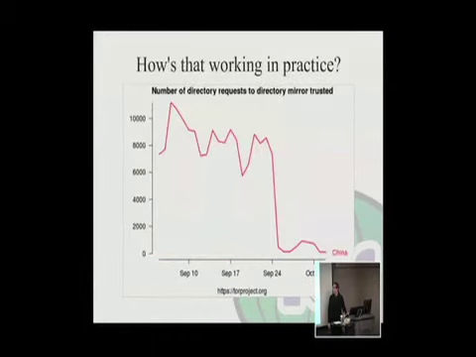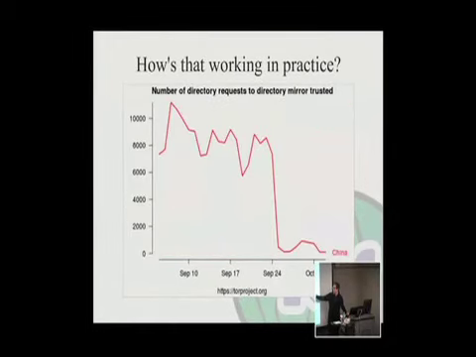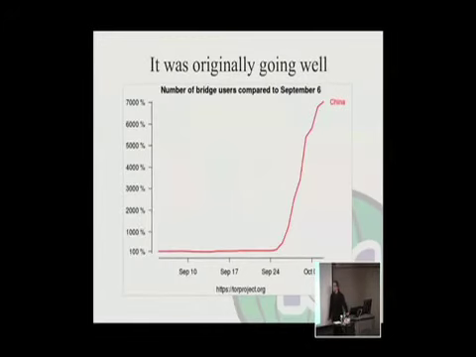So direct connect, bridges. Whoop, whoop, whoop, whoop, right? So that's fantastic, right? Because now this is in absolute numbers and that's in percentages, so that looks really good. But it is really good, but it's not, so it's like September 6th is over here. So the number of bridges that this is in relation to is not even on that previous graph, but it looks good. So, sorry about that. These are the best graphs I could come up with for China. And this is, of course, how it was going.